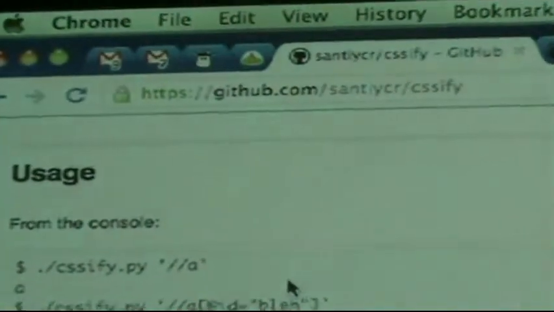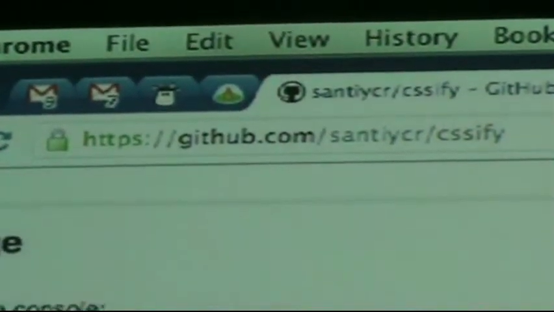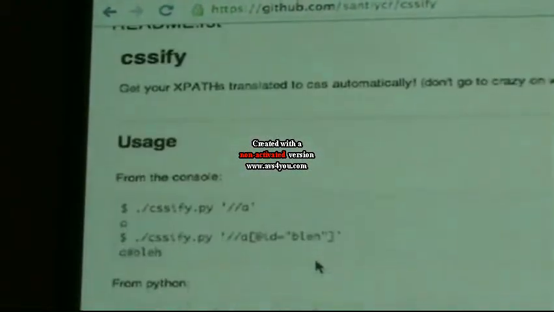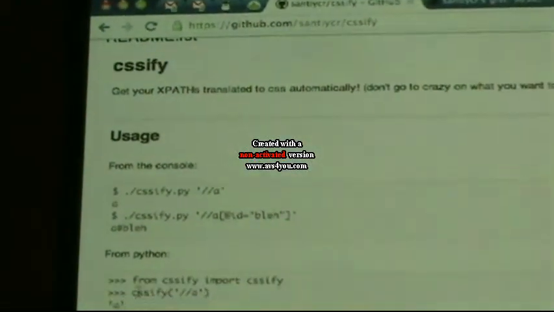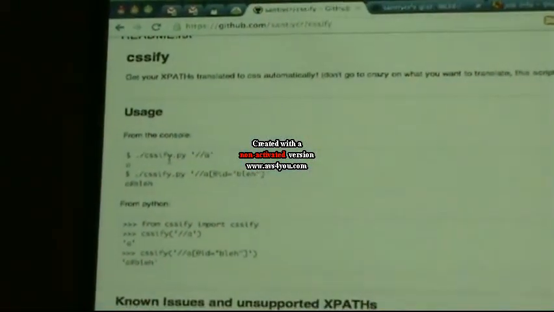It's a terminal application. I wanted to make a web app. I guess you just need a Python web server and import a library and use it. I may do it in the future for the people that are lazy. But all you need to do is install Python, clone the repo, and you will get a CSSify.py script, which is here. So once you have it, all you do is just call